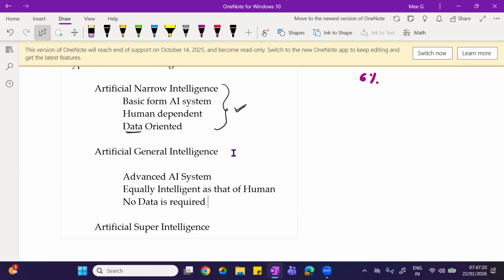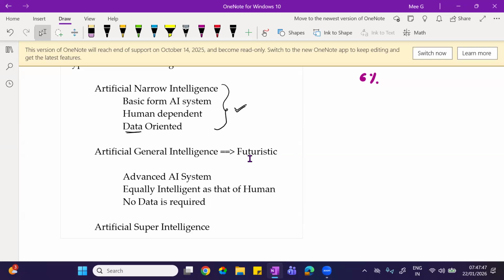How will it learn? First thing I want to let you know is this is futuristic. There is no application yet. If someone is claiming otherwise, that is purely wrong. I don't think anyone will be claiming this. So general intelligence is futuristic. Now, all are heading towards that.